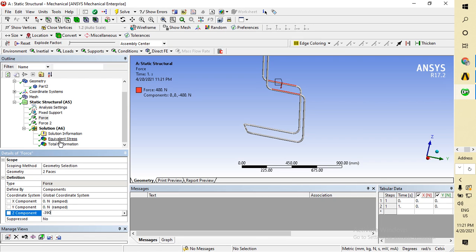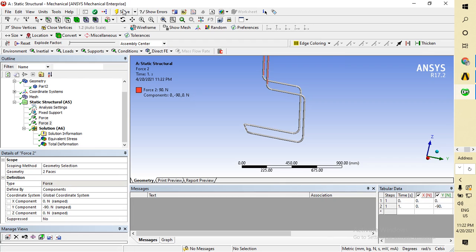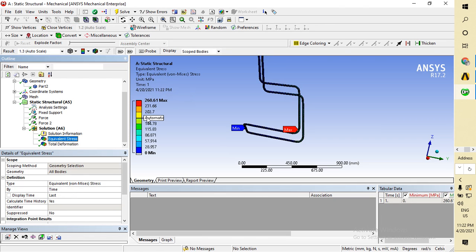Okay, again solve. So now equivalent stress, now it is 260. Again I have to decrease it.